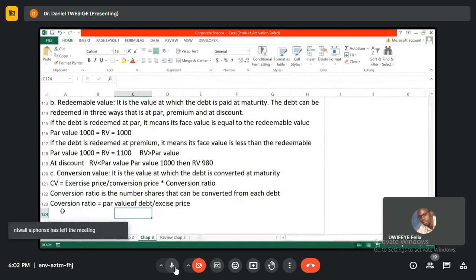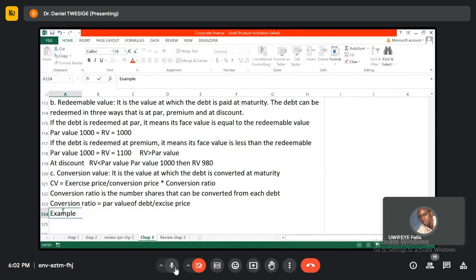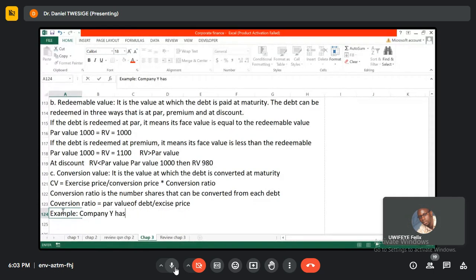Let's give a simple example. Say company X or company Y has issued a convertible debt with a par value of